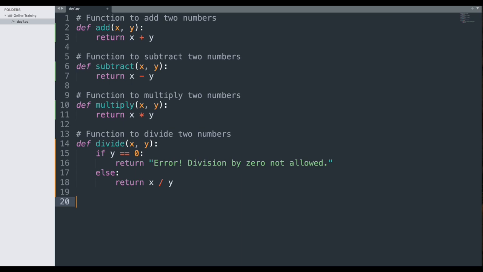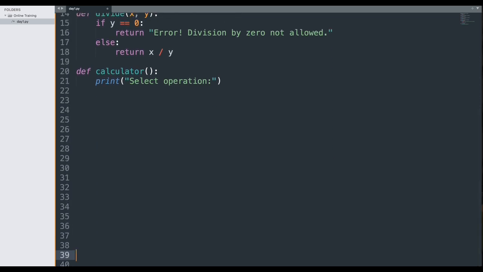So let's go ahead and define the calculator function. And this one doesn't take any parameters, so that's why empty brackets. Now I want to have it as a command line implementation where it will display some information to the user. So I'm going to say print select operation. So I'm giving an option for my user to select an operation. I'm going to go ahead and put some spaces so it shows up all the way to the top. And then I'll say print